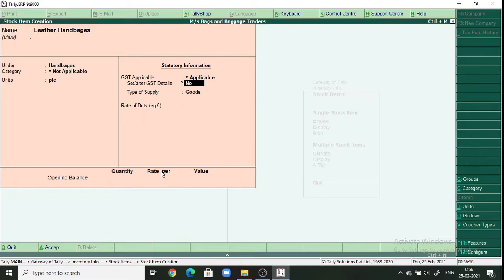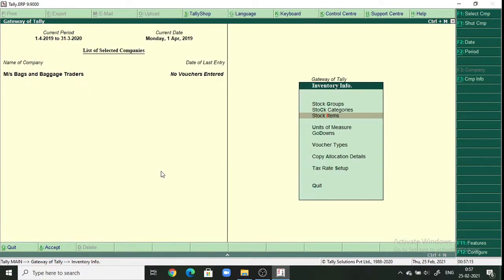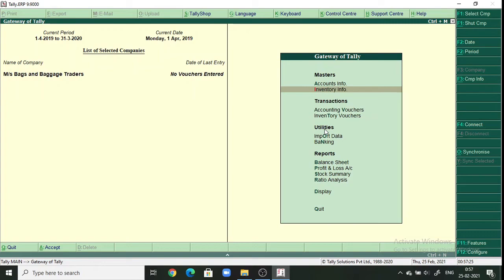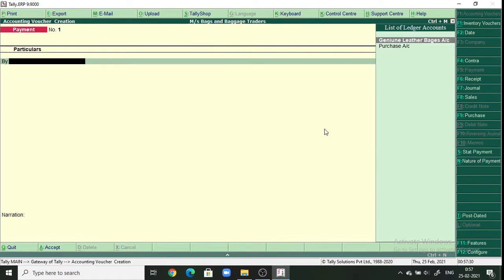I'm not giving the percentage here. Accept it. Don't write any quantities and rate, as we are not having the opening stock. And accept it. Go back through the escape key. Again go back. You can also create the unit of measure by going here and create. Go back to the Gateway of Tally and go to accounting vouchers and click on the purchase voucher from